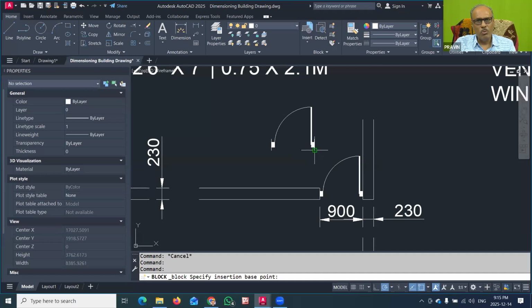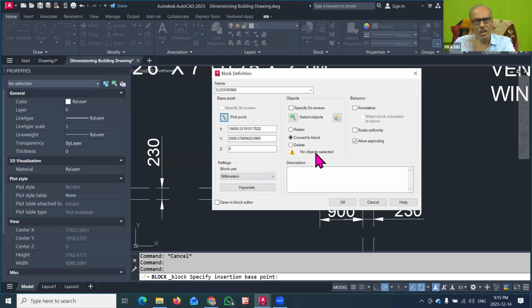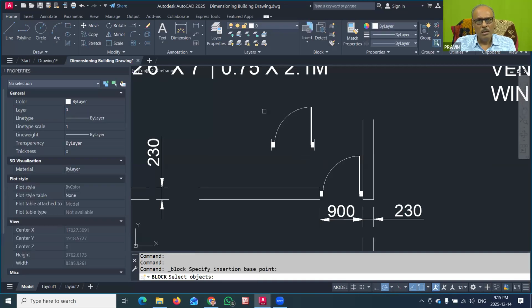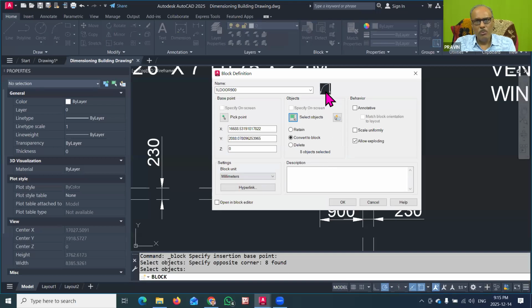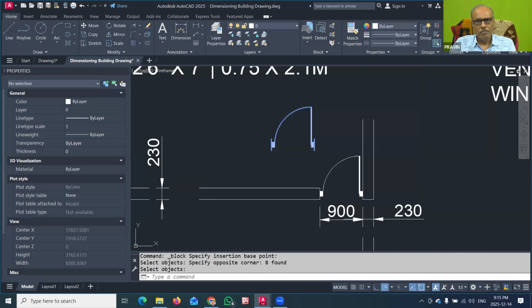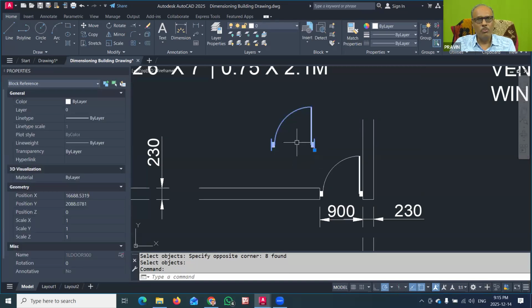This time we have to give this as the pick point because the shutter is attached to that. Then in select objects you have to select this much part, press enter, and you will see the preview appearing here. You have to convert to block, the radio button is highlighted, and click OK. So the third block is also created.